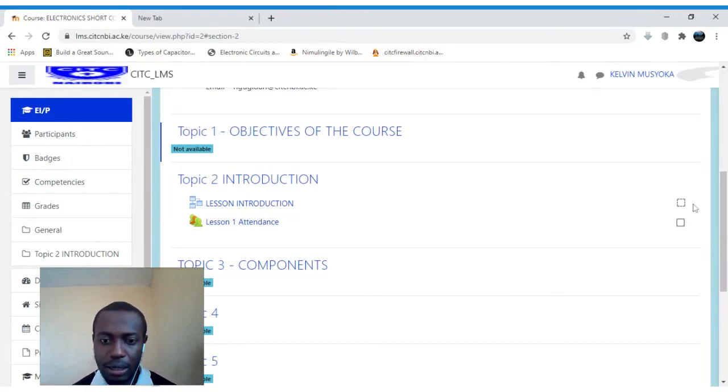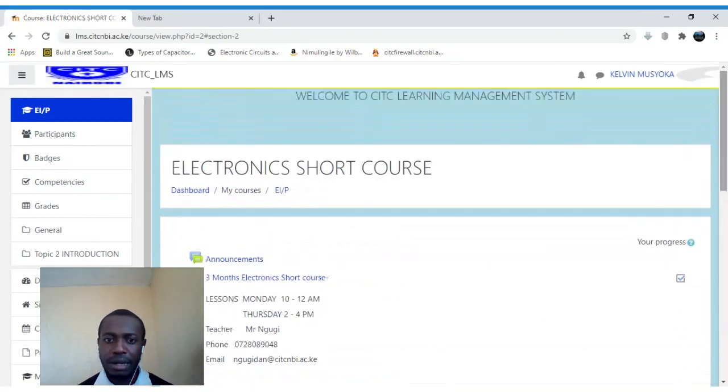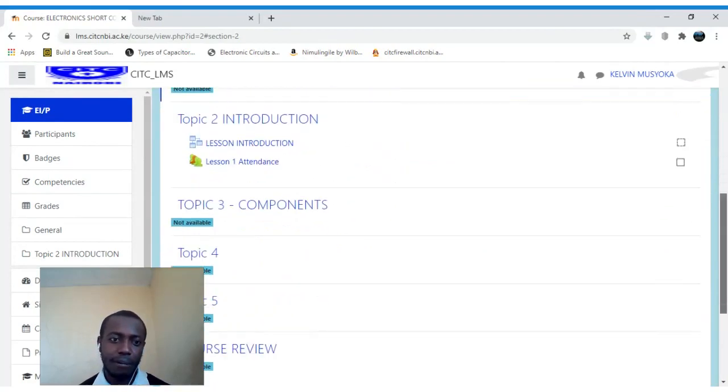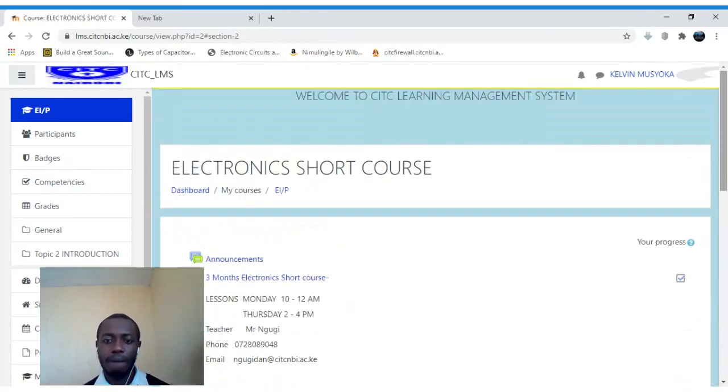So that is it about this. Your lessons may not specifically appear this way because they'll be customized by the lecturers, but the introduction, the first one, will be familiar, but the rest may differ depending on the lecturer. So in essence, that is how you navigate the system. I want to emphasize again, if you have any difficulties navigating, make sure you contact your lecturer, or you can email us at